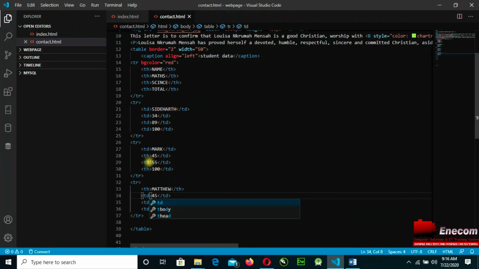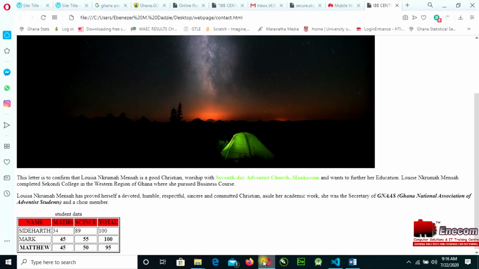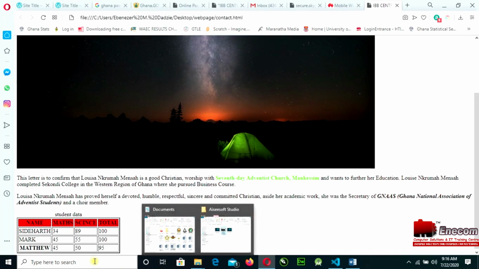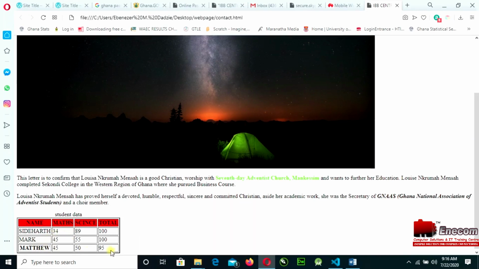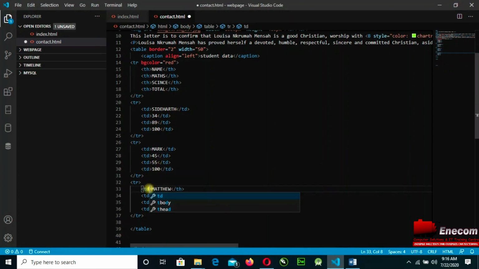So let's change this so that it will affect everything. Immediately I make these changes and go back to the browser, you see that I'll have a different thing. This time my table left only the name. I have to make changes to it, which is TD instead of header.